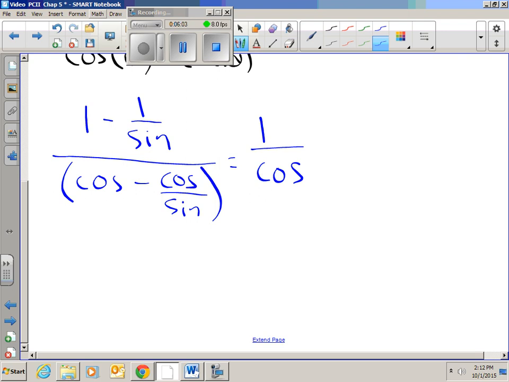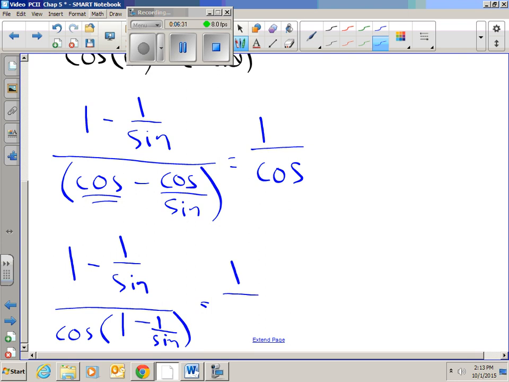So if I factor the cosine out, I'm gonna be left with, I'm gonna rewrite the top here: 1 minus 1 over sine, over. I'm gonna pull the cosine out, so I get cosine times 1, right? That's my 1, minus, pull the cosine out, I get 1 over sine